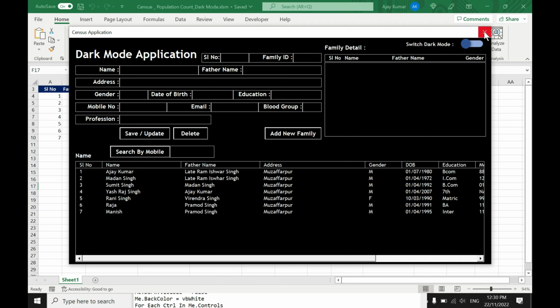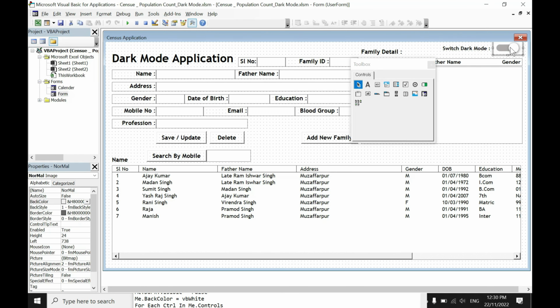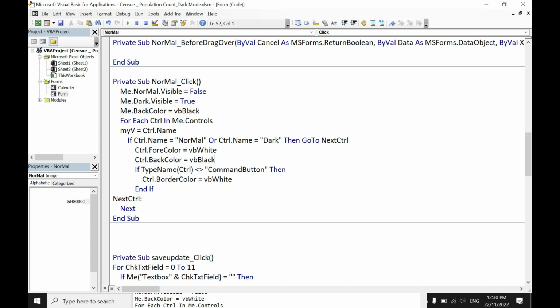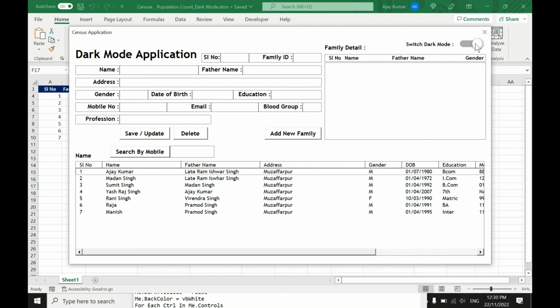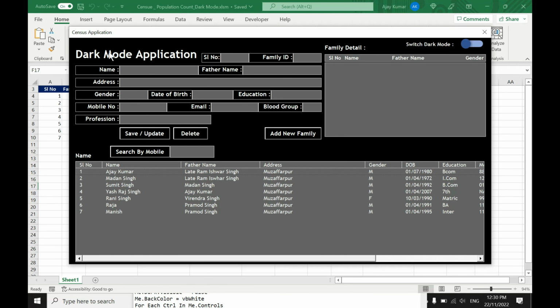So I want to change this color to show some difference. So what I will do, I will just go to this code and change this code only. How? See which color you want. Suppose that I want this color. So just select this code, copy this and paste it here and run this code. Now when you click on this, see, all the controls have changed.